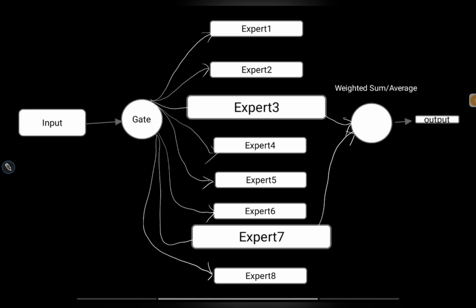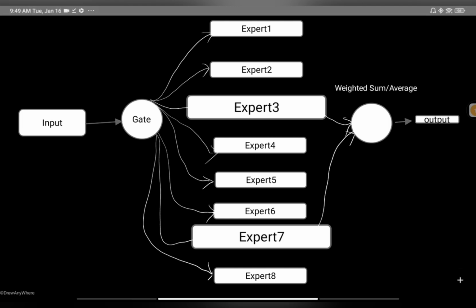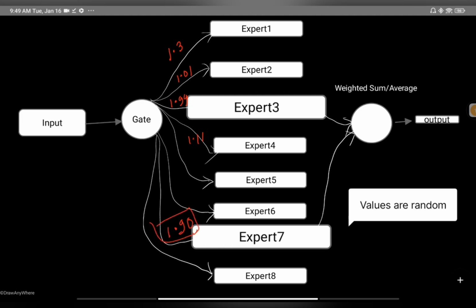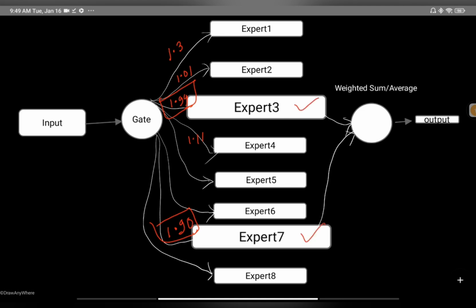Let me explain what these logit and weights mechanisms are. For each of these experts, the gate produces a logit value. Just for illustrative purposes, I'm taking random values: this is 1.3, this is 1.01, this is 1.99, and similarly we have other random values. Also for this we are saying that this is 1.90. We can see that the highest values are 1.90 and 1.99. Based on that, it will select expert 3 and expert 7, and using these logits we will apply a softmax here